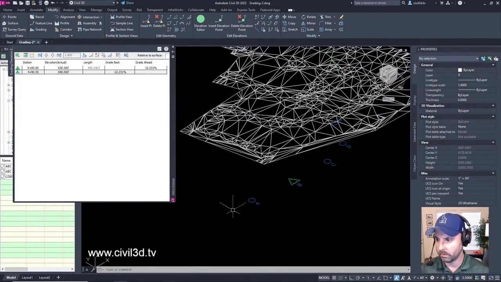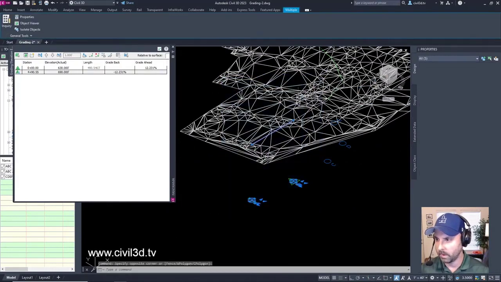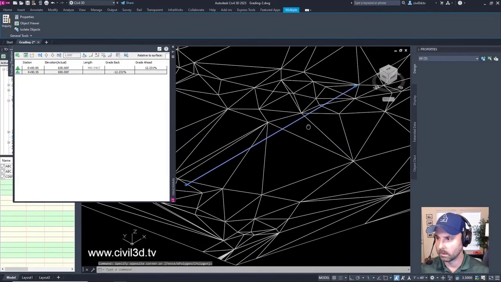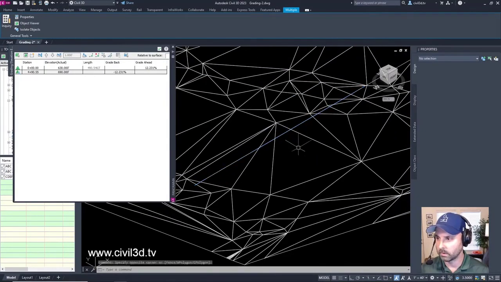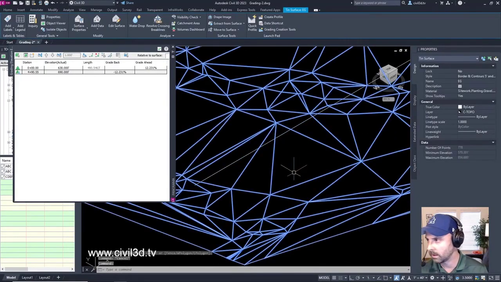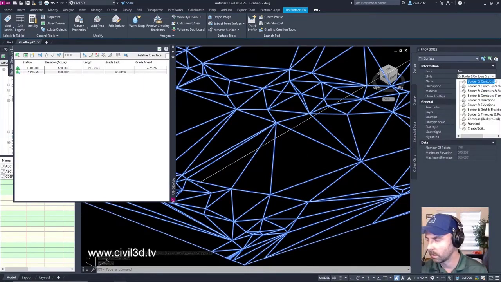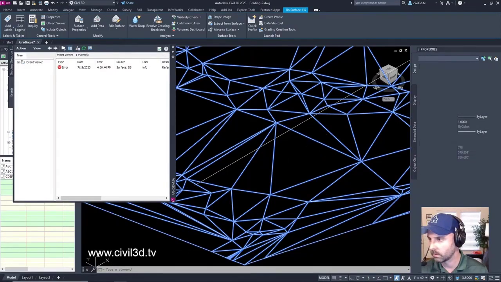Where's my feature line for A and B? There it is. See where it is roughly. If I select this, can I change some of this stuff? No, I don't want to do that.